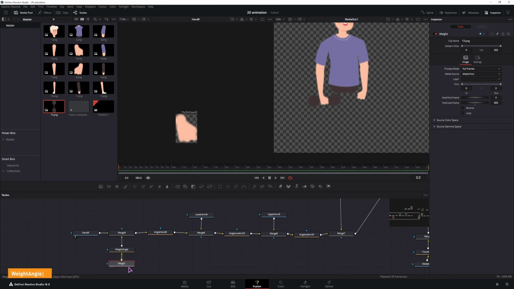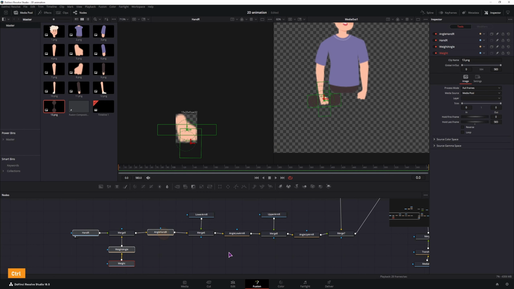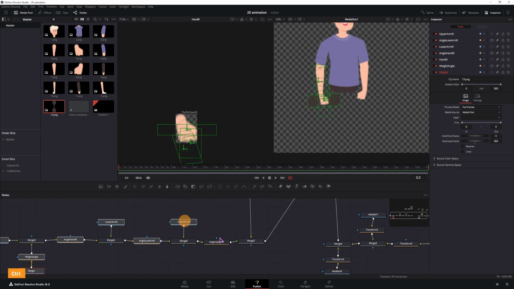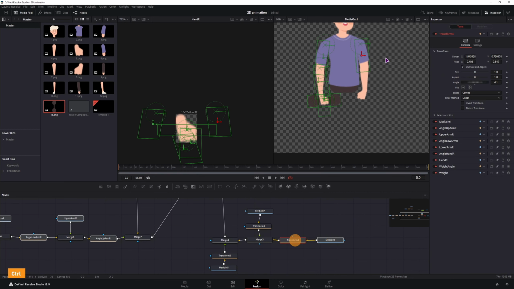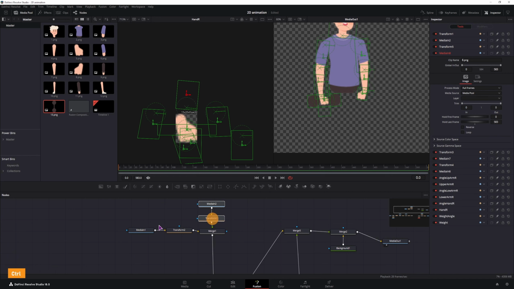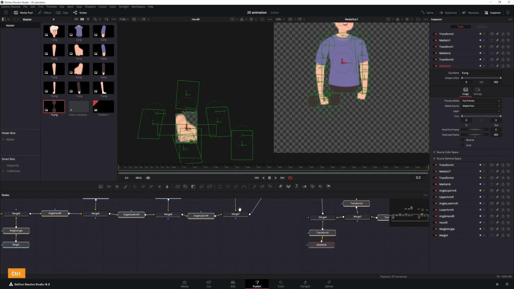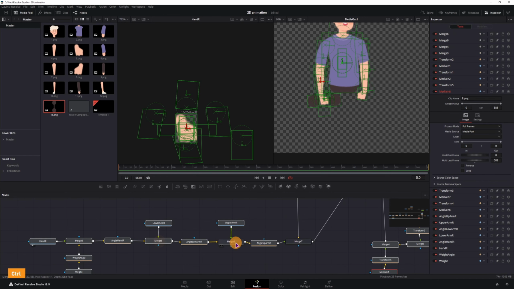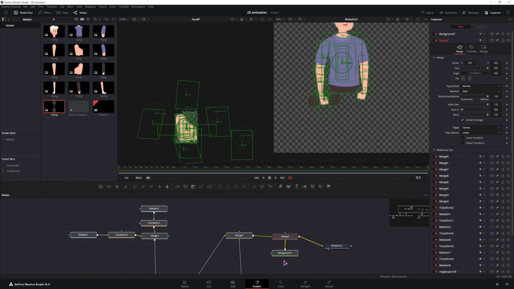So I'll start with the weight and its transfer node, hand and its transfer node, lower arm and the transfer node, and the upper arm and the transfer node. Then I could do the same for the left side, for the head and the body, and anything else that we would have, and select all of the merges that remain. Once you have all of the nodes selected, right click on one of them,